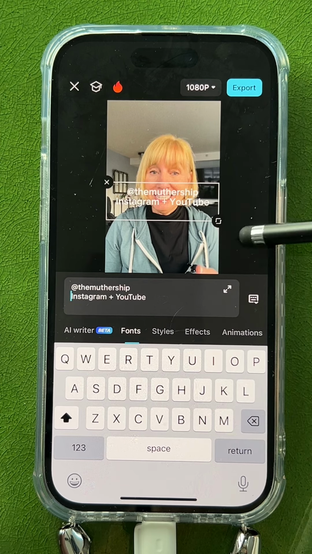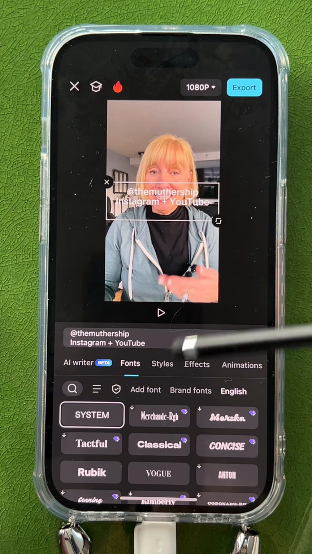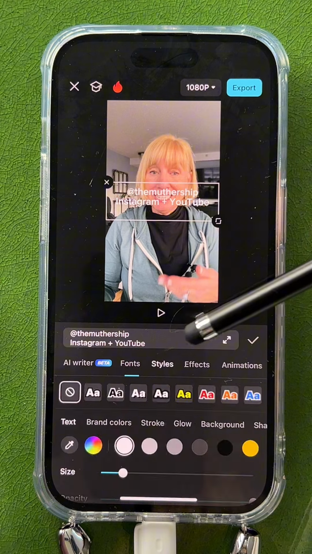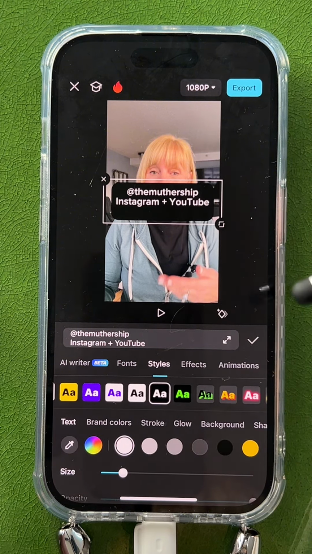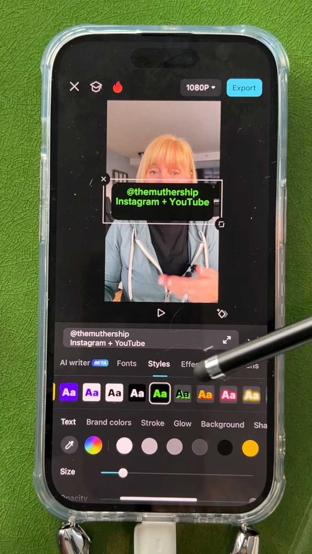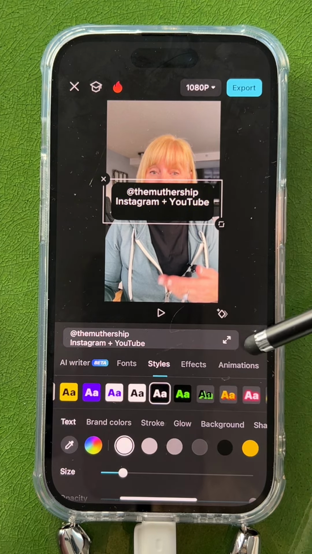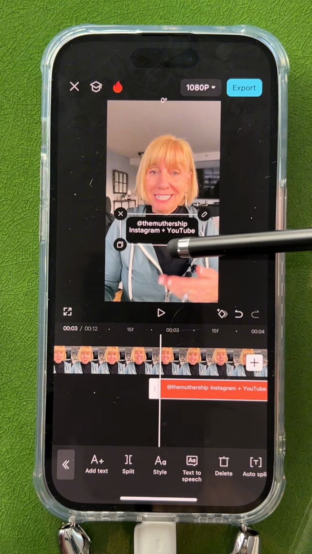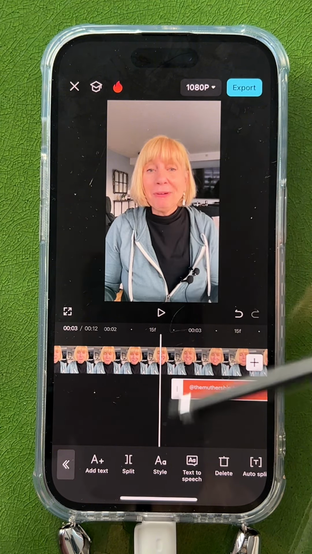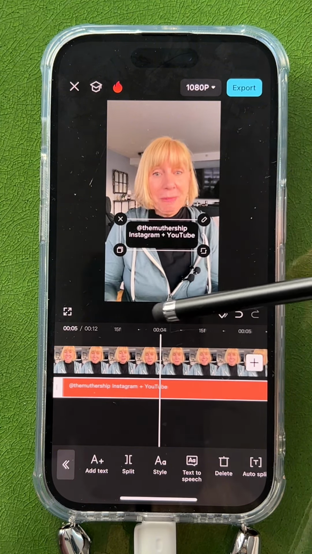And now I'm going to tap on it, and I'm going to pick a style. So I've got to choose a style. I'm going to scroll along here. Let's pick a nice simple one like that. Could also do it in green. I like it in white, and then hit the check mark. And now I can pinch this and slide it over here, and I'll be speaking about on Instagram, YouTube, and